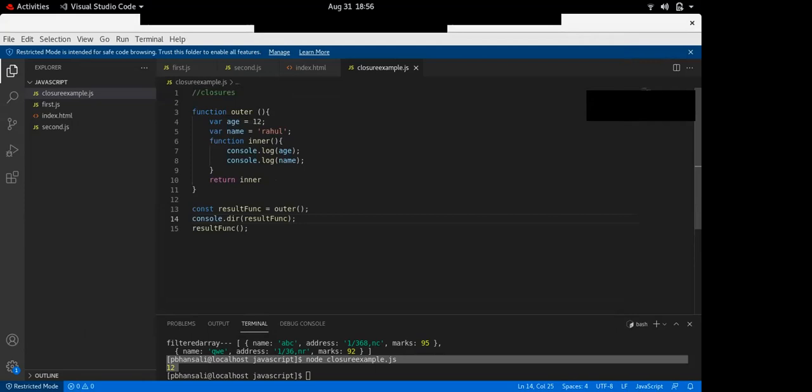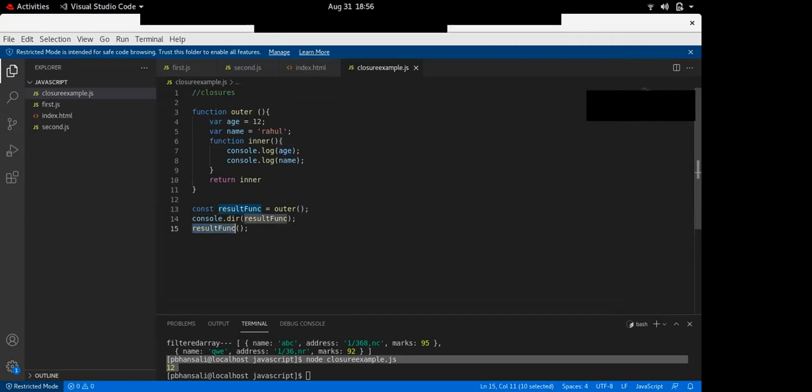So this is a concept that doesn't work in any other programming language. This is a concept of pure JavaScript only. The inner function will have access to the outer function variables because of this concept called closure. So result function, when I am calling it, can still print age and name.